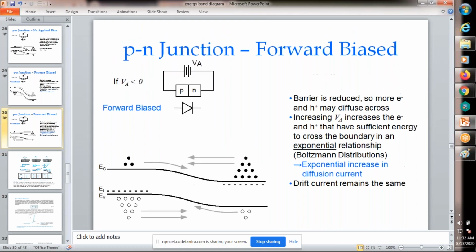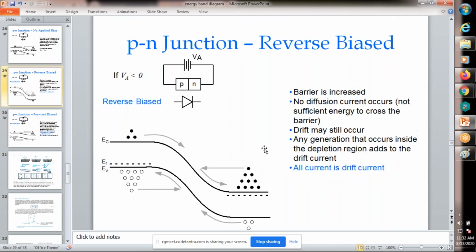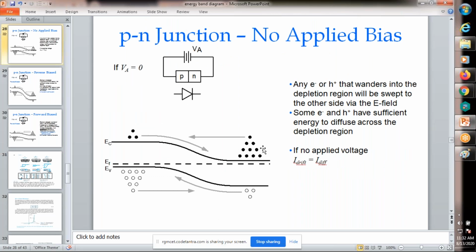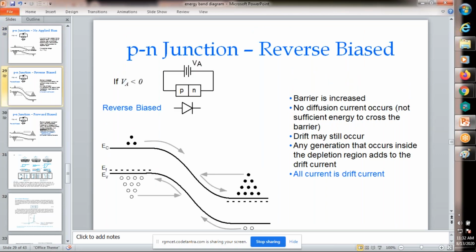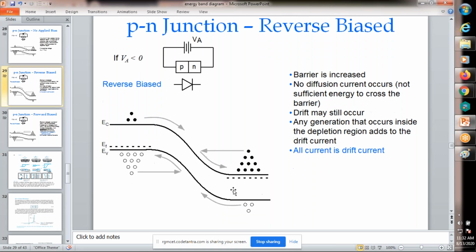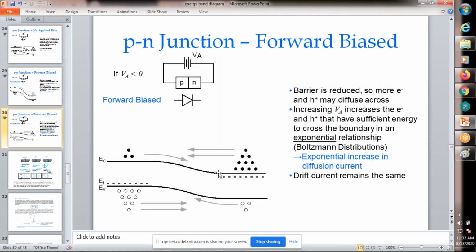This is about the PN junction under three biases with band diagrams. Suppose in the examination you are asked to explain the PN junction diode with energy band diagrams. These three are enough. This is about the no applied bias, or equilibrium condition. This is the slope, and when reverse biased, this is the slope. Here the slope is important. The slope height is also important. Remember this: the slope as well as the slope height are important. And for forward bias, this is the slope.